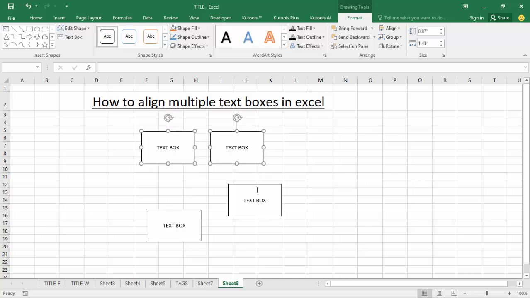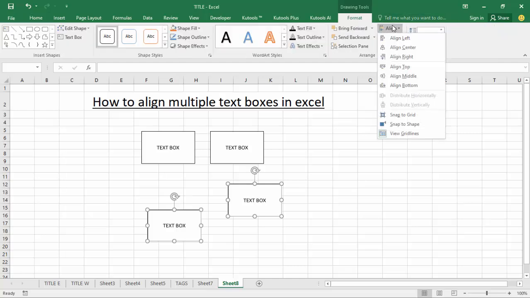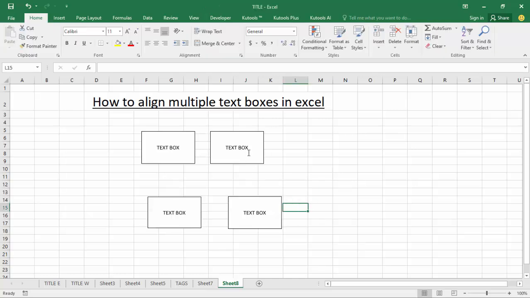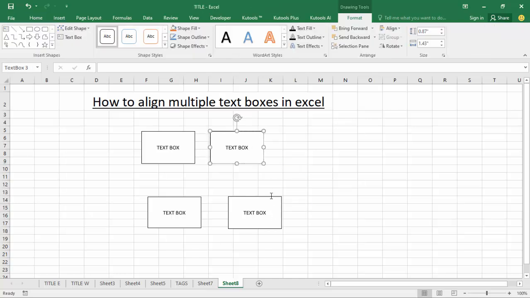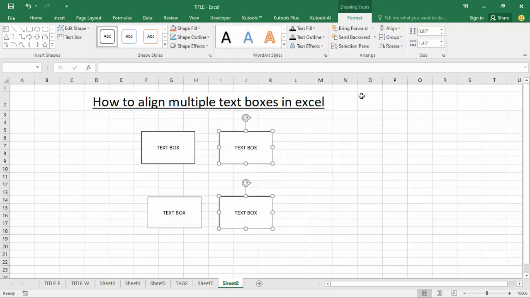Okay. Again double click the text box, hold Ctrl and select other, click Format tab, align middle. Okay, and adjust the box, hold Ctrl, align center. Okay,